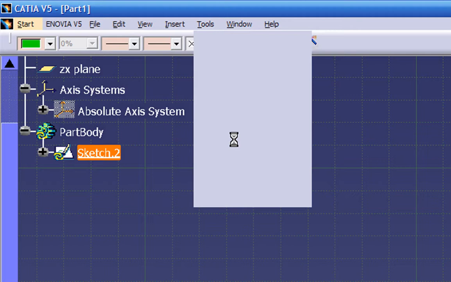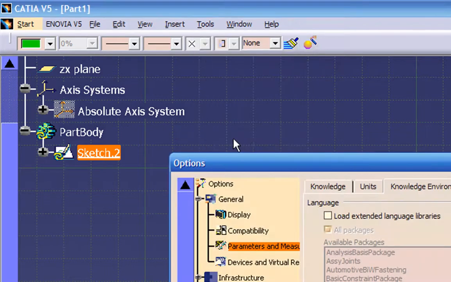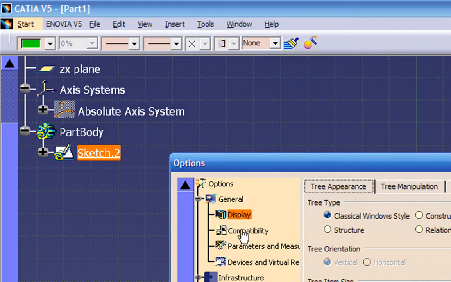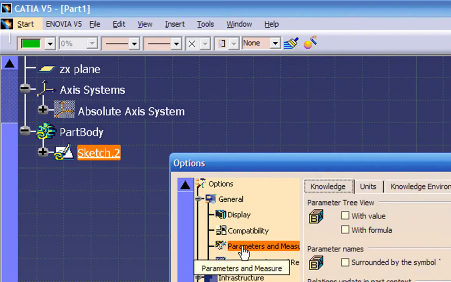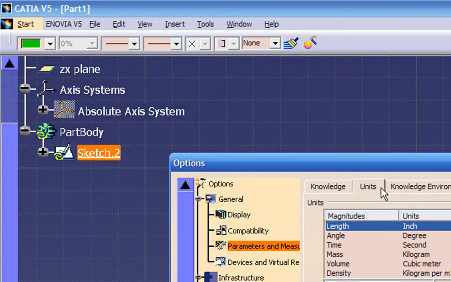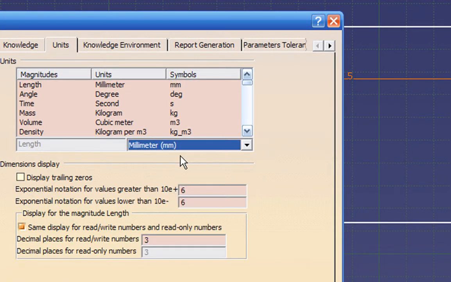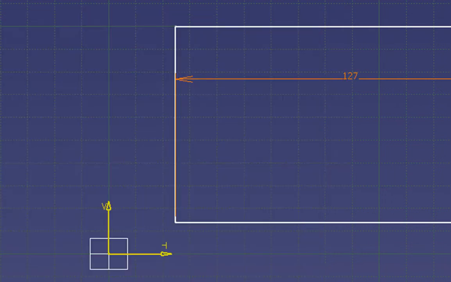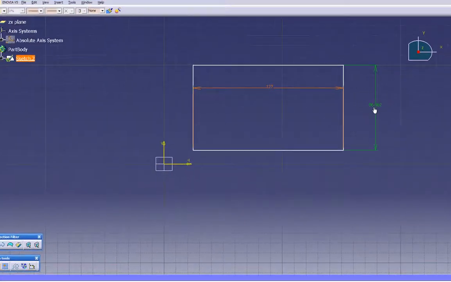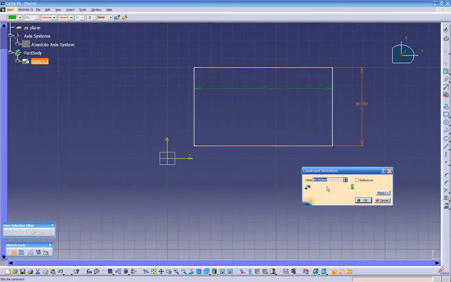As far as I know, the automotive industry likes to use millimeters. So we can go to parameters. We got quite a few options we can click on, and if you go to units, we can go down on this bar right here. We can click millimeters, we'll click OK, and as you see, the dimensions change automatically to millimeters, and we